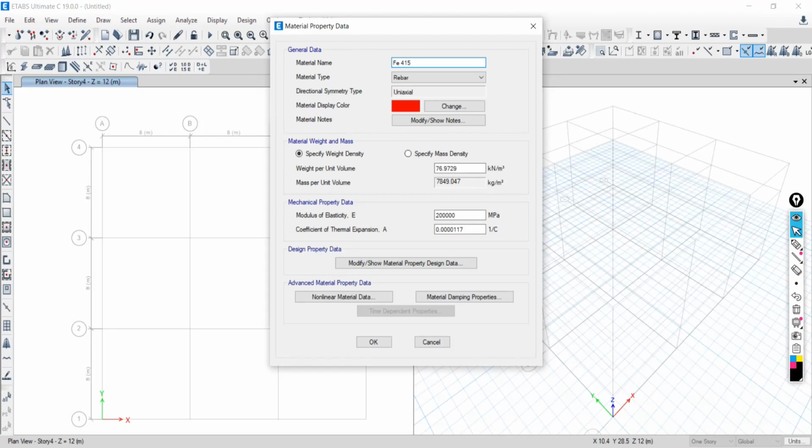This is our practice. Change the name as Fe415. Then the density is 7850 approximately. Is it right or wrong? Right. Then the modulus of elasticity is 2 into 10 raised to 5.